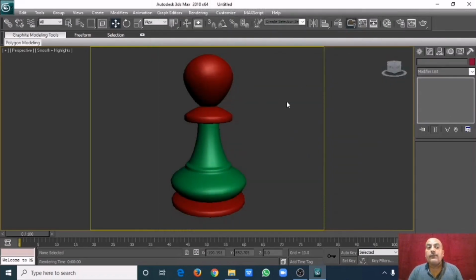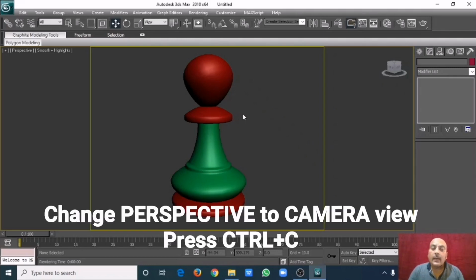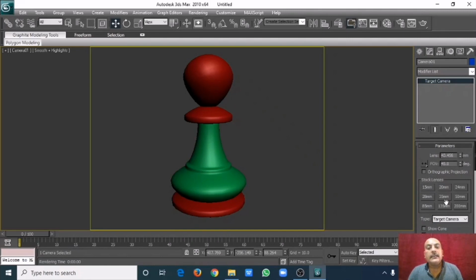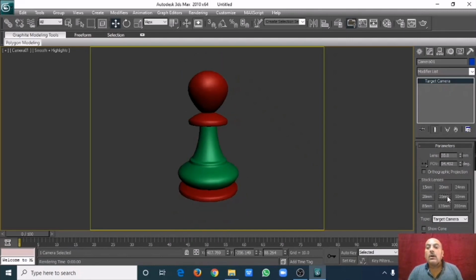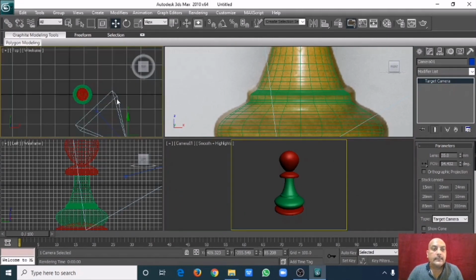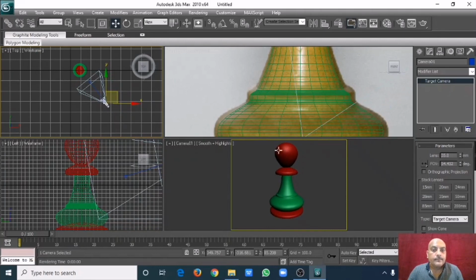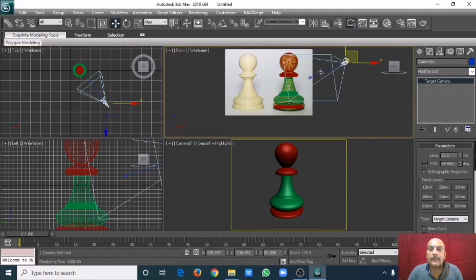And one more trick of Max is that if suppose here I have framed the object, now I want to make it camera, then press Ctrl C here, which will convert it into camera view automatically. And here you can set the lens of your camera, 35 mm or whatever, and still you can manipulate the camera. Alt W, here it is camera, then just adjust your camera